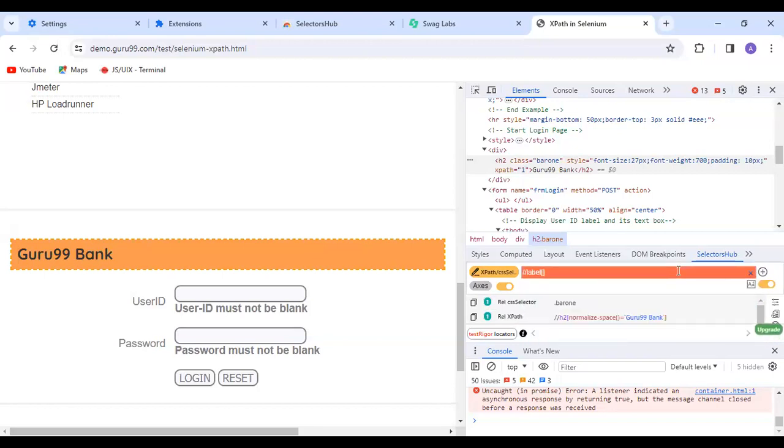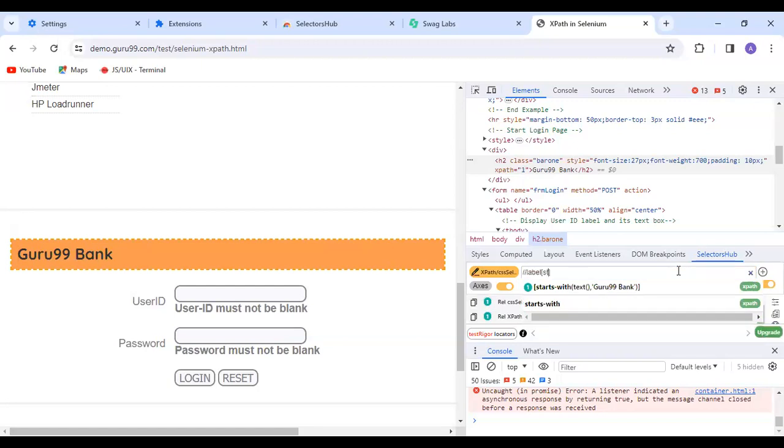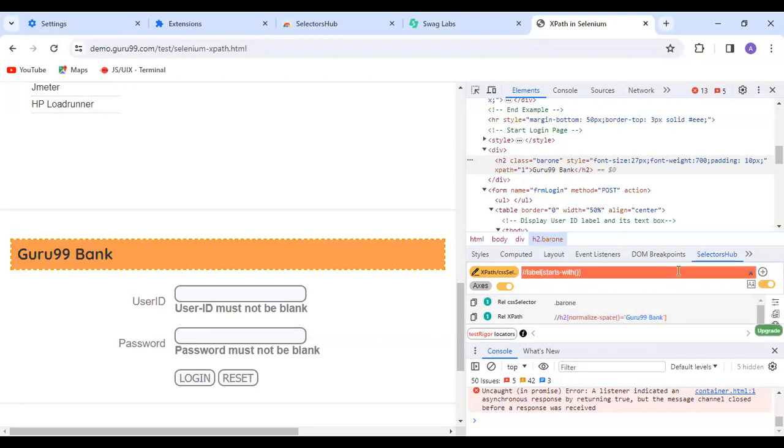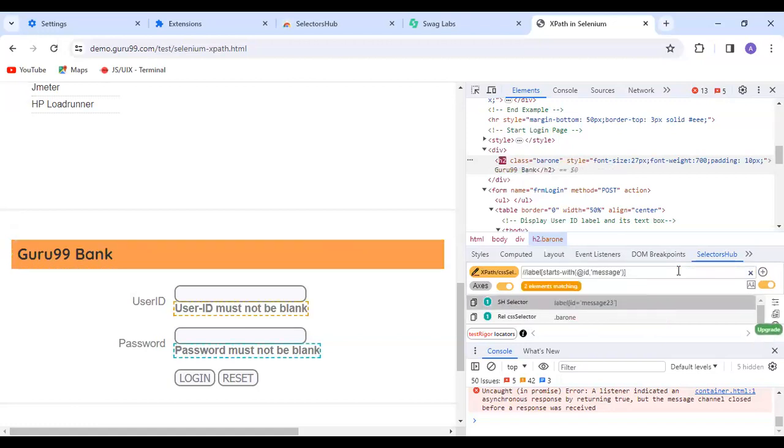And now here we are using the starts-with function, starts hyphen with, and now which attribute value? Suppose @id attribute value starts with message. So I'm writing message. Now if you press enter,